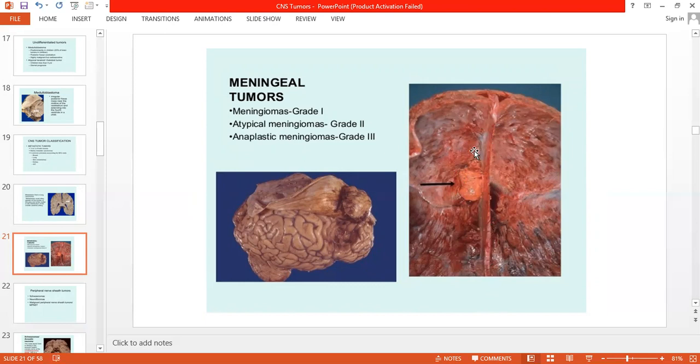See, it is also attached to the basal part. So it can be skull base or it can be falx meningioma. Here we have the brain, and this is the dura covering the brain, and this is the tumor elevated along with the dura, separated from the parenchyma, like this part was compressing the cortex of the brain.